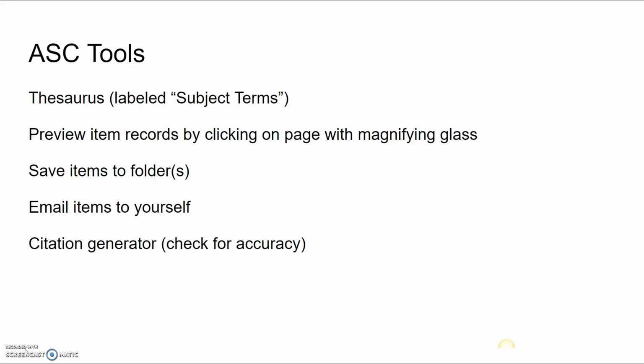The database also has a built-in citation generator on the right-hand side under Cite, including AMA, APA, MLA, and Chicago Turabian. The citation must be checked for accuracy, as it is common for the citation generator to have small errors